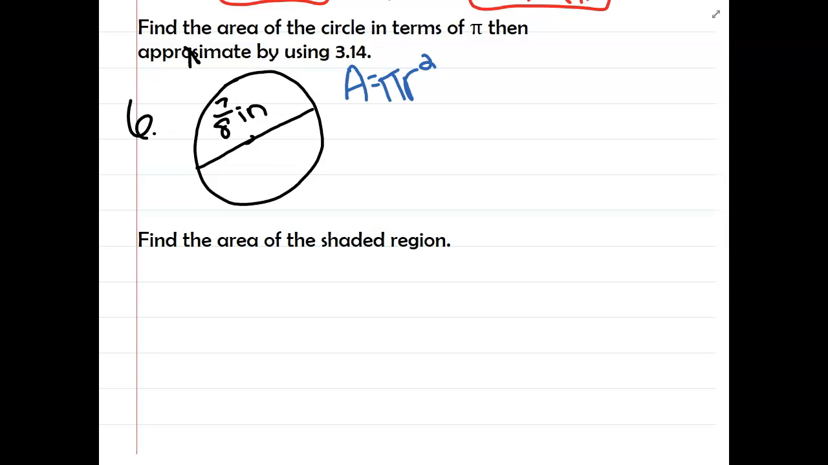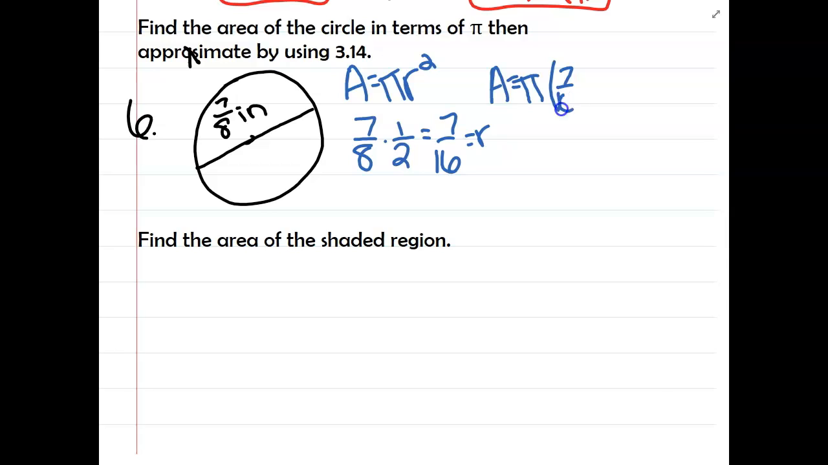You could take 7/8 divided by 2. But another way to divide by 2 would be to multiply by 1/2. Same thing, right? Okay, I think that's probably easier when it comes to a fraction. So the radius is going to be 7/16. 7/16 inches. Okay, so to find the area, we're going to take pi